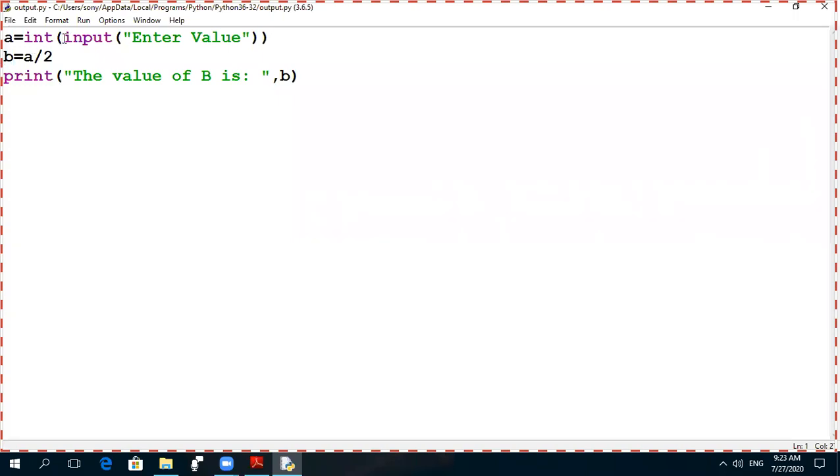Whatever you take through the input statement, it will convert into integer and then assign to the variable A. So I have taken 4 through the input statement, it is converted into integer and then assigned in variable A. Now the value of A is 4 in integer form. Then 4 divided by 2, we get answer 2.0. Clear? And then the value of B is 2.0.